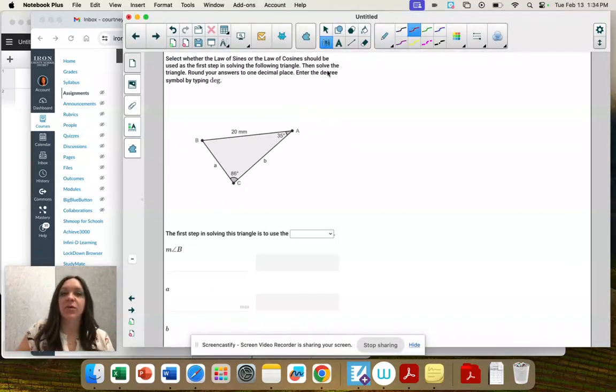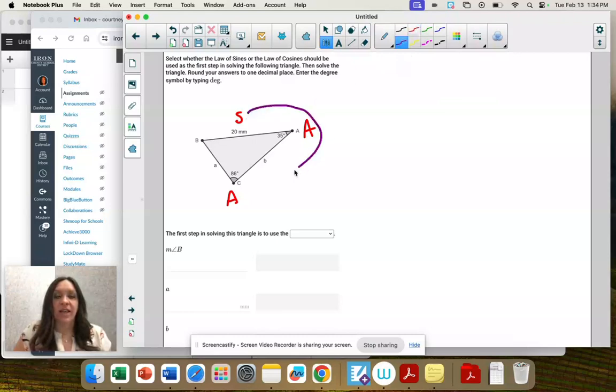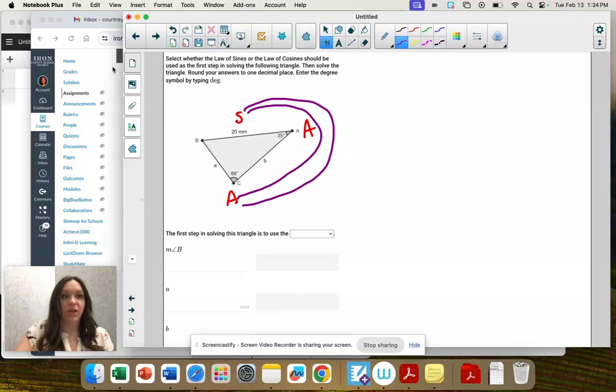I like to label what we have. I have a side, an angle, and an angle. Those are what's given to us. You only label or look at what you know, either a side length or an angle measure. So this one is SAA, or sometimes we would say AAS. So if you look at your notes,